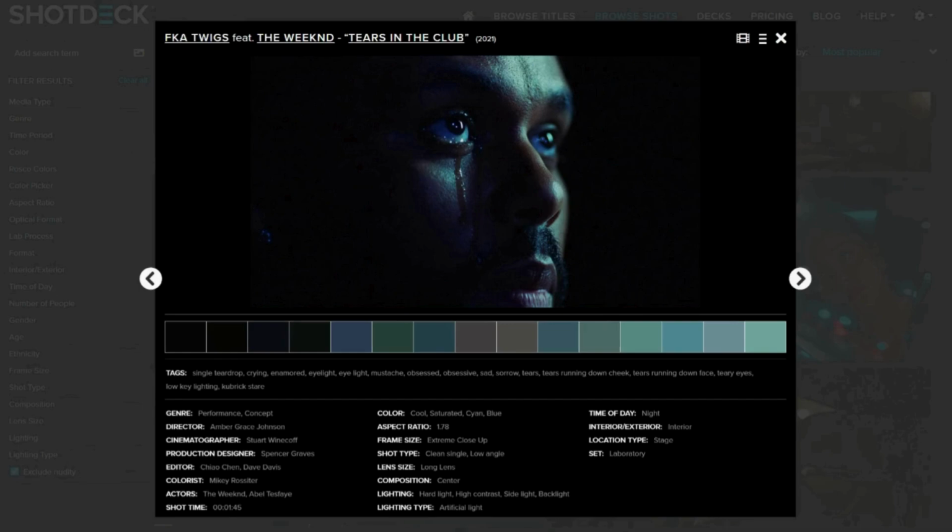It seems like it's coming from overhead, so it's a very dramatic shot, if you will, and it's really displaying that sadness that we're looking for. So let's look at another example. I'm going to click on this one with the woman who looks like she's in the car and she's looking